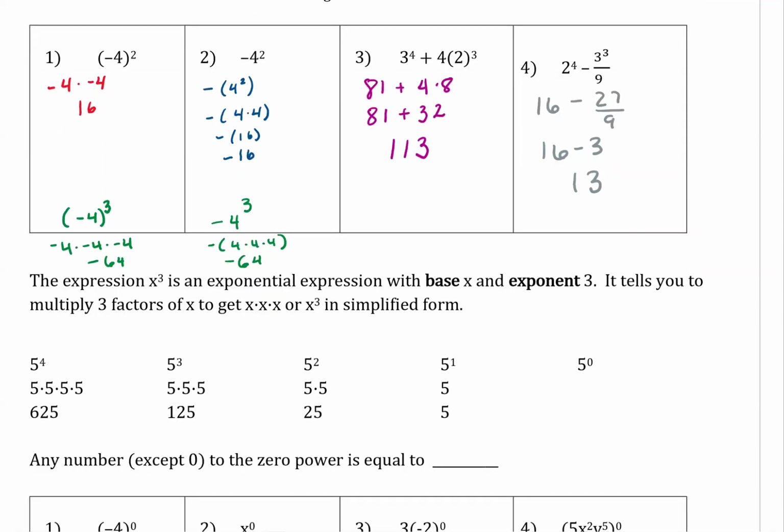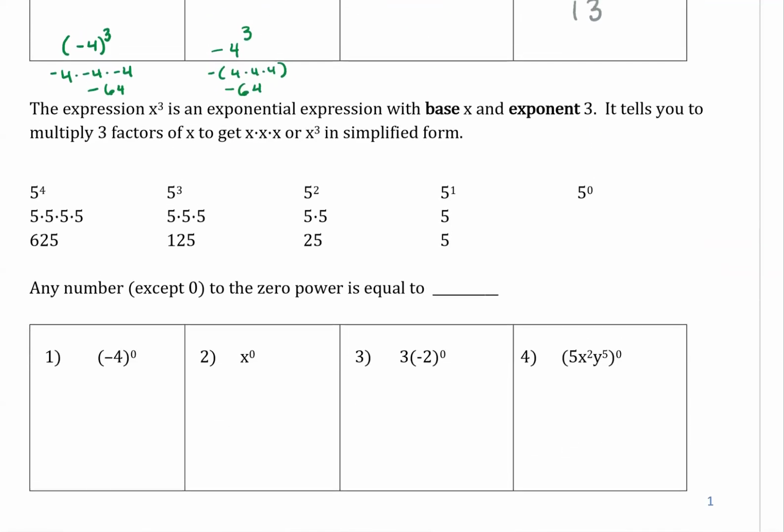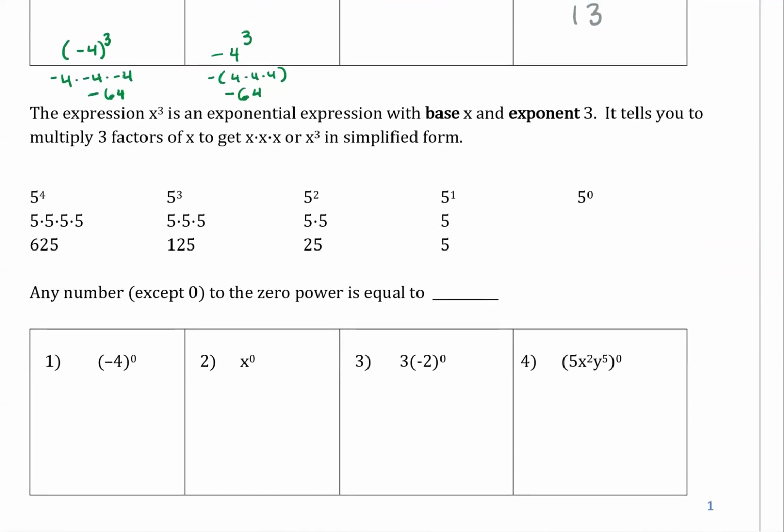The expression x cubed is an exponential expression with the base x and the exponent of 3. It tells you to multiply 3 factors of x to get x times x times x, or x cubed in simplified form. Let's look at the pattern we have here. 5 to the 4th is 5 times 5 times 5,